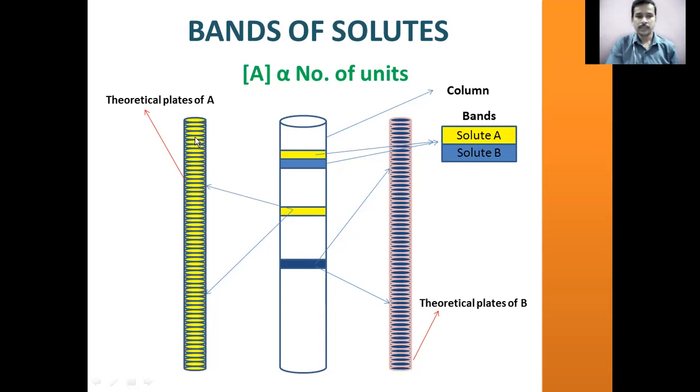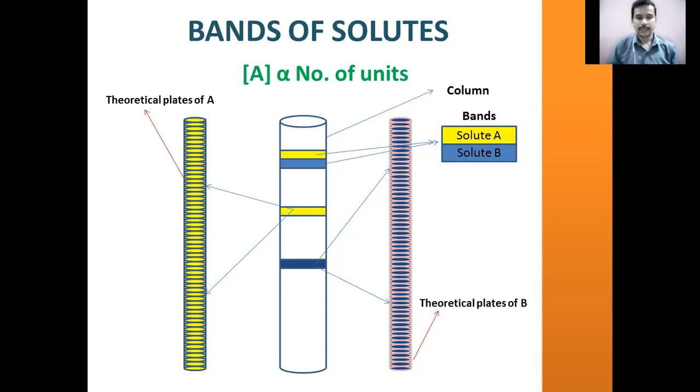So if you take this band, these are the discrete units present, and if you take this band, these are the discrete units present. These individual discrete units are called theoretical plates. These are the theoretical plates for solute A, and these are the theoretical plates for solute B. We can see the bands of different colors for the solutes which are differently colored when they are present in the sample. Even for colorless solutes, bands are formed in the chromatographic column too. But these bands, as the name implies, are imaginary. We cannot see these bands,